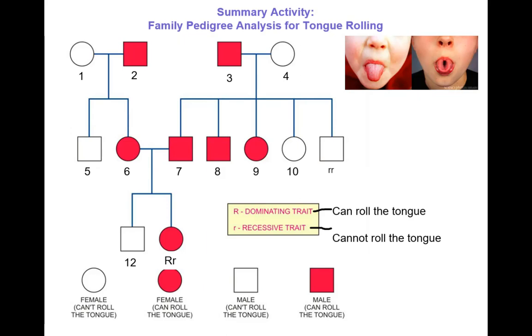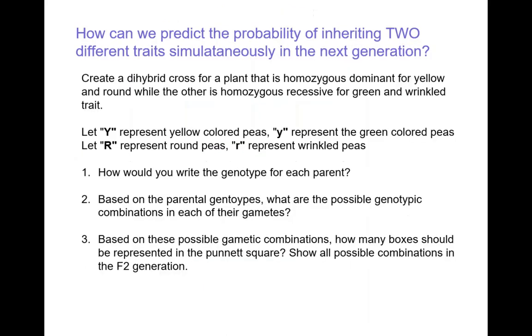This daughter then went on to marry this gentleman over here, who comes from another family. And again, the horizontal line indicates that they are married. And then the two of them, number 6 and 7, went on and produced two children. Again, one male and one female. So I want you to use some of the hints I've given you here to try to figure out the family pedigree. Now, here is something that is more challenging. I do give you the answer for this